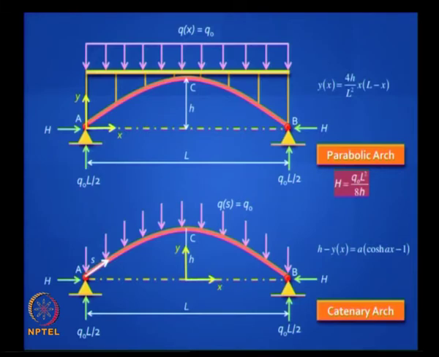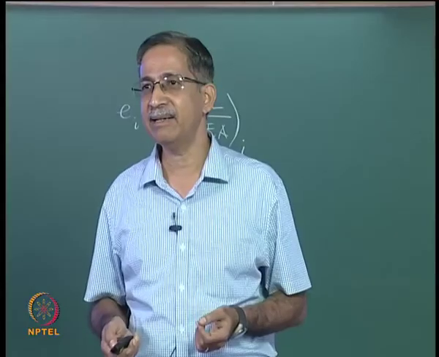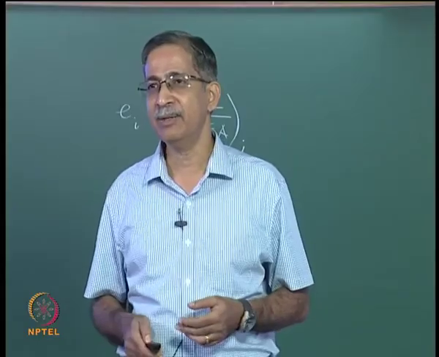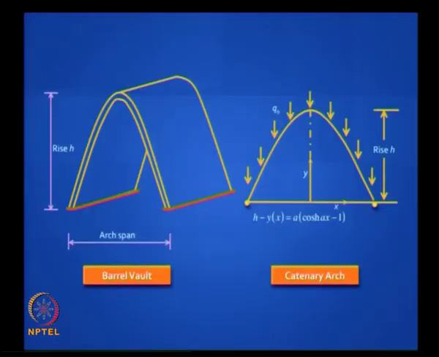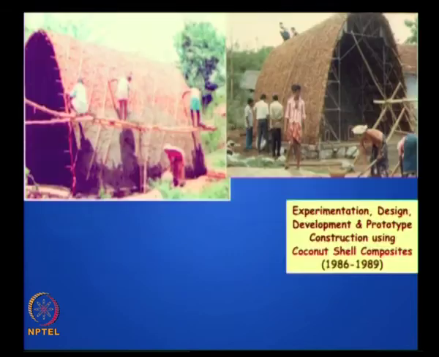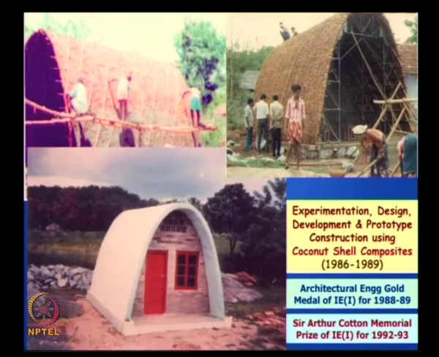If you have a self-weight kind of loading, then the catenary arch is the ideal shape. You can build vaults with this shape, and traditionally this used to be done. Here's some work we did many years ago where we built these catenary shaped vaulted structures made up of coconut shells, which can take a lot of compressive load. The entire structure is made up of coconut shells with plaster and with a catenary shaped formwork inside, which can be dismantled and reused.